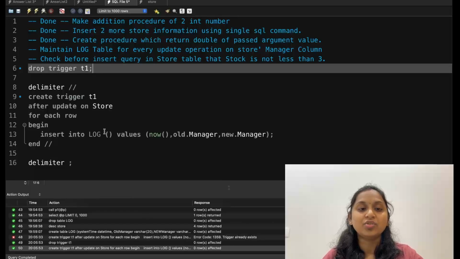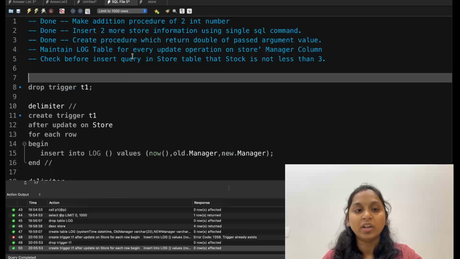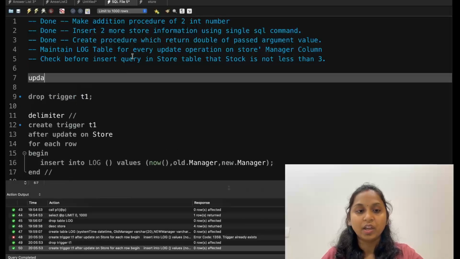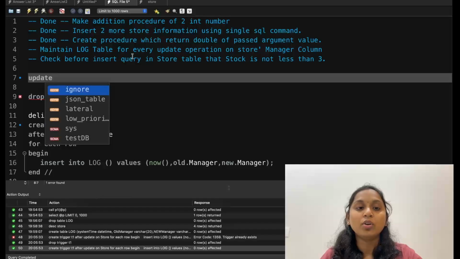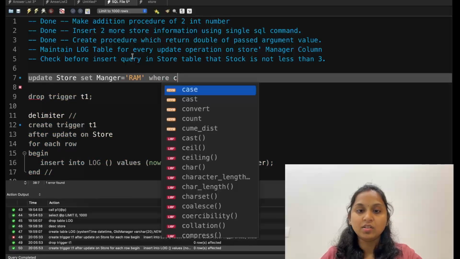Now how can I check whether this trigger is working perfectly or not? For that I require one update query. What is the update query we want to set? Anything, but it should be associated with the manager. Fine. What was the syntax for update? Here we are not using any into or table; we directly use the table name. Update store and set. What value do we want to set? I want to set the manager with the value 20. Or, if I want to set a new manager Ram, where